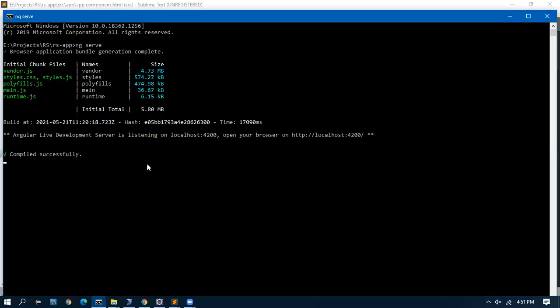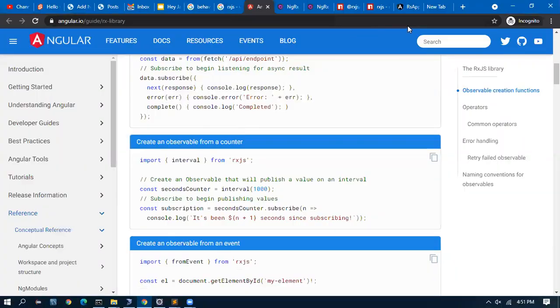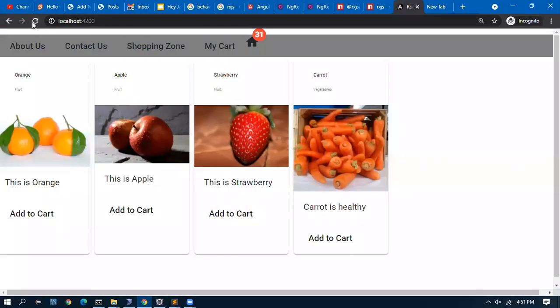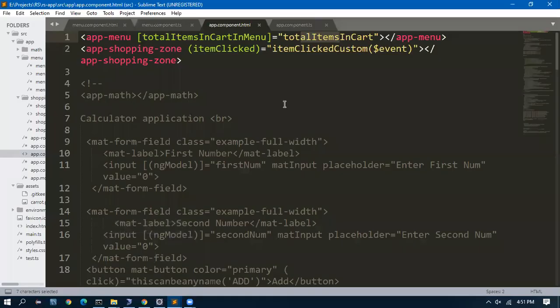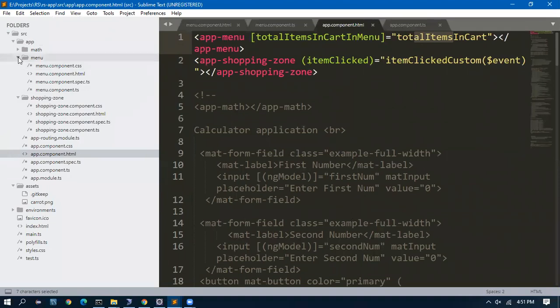Once it is installed, I started the server. Let me go here. The app is running smoothly, no issues so far. Now what I have to do is create one shared folder.